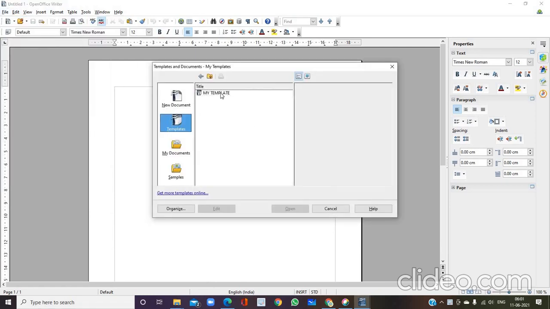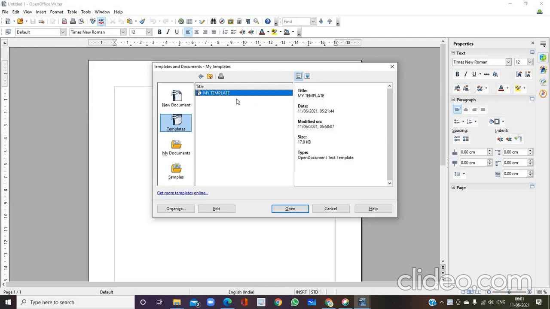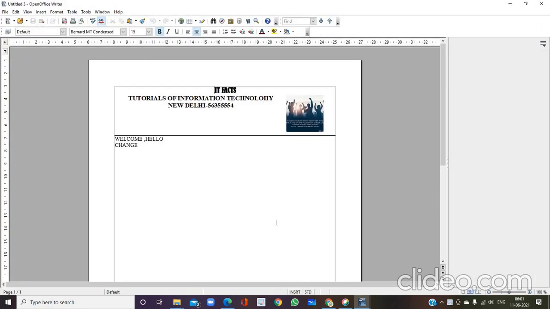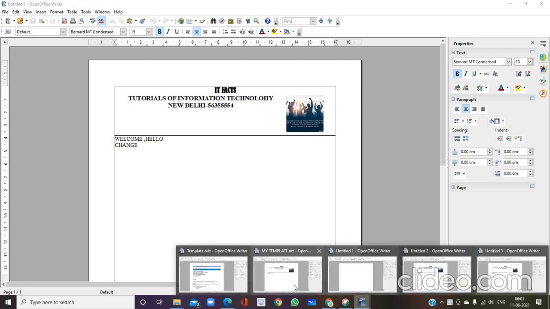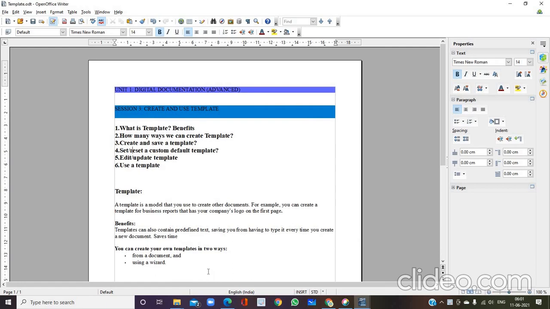Here click on Template, click on the name of the template, Open. See, this is how you can use the template once you have created it, whenever you want. So I hope you understand the concept of template. This is the total explanation, and whatever the syllabus we are having, I think I have covered everything. Hope you understood the concept.